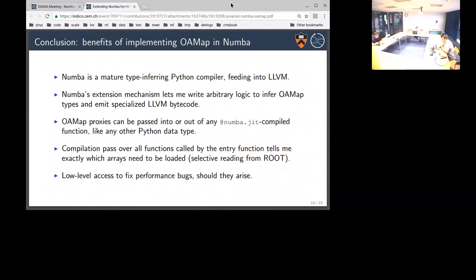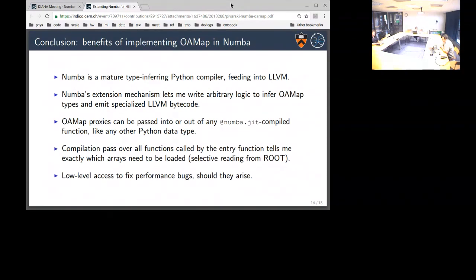So now there's no special thing that anybody needs to call. In this compilation pass, not only does Numba go through the function that you ask for, but if you hit any functions that it calls, it goes into those as well.